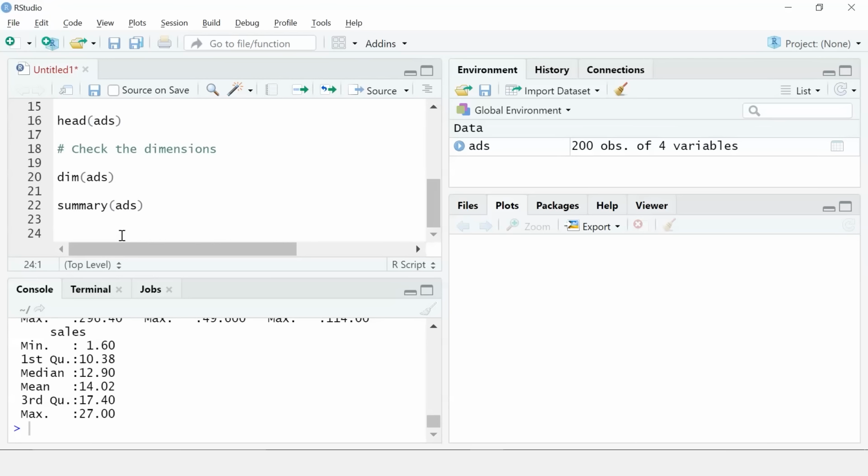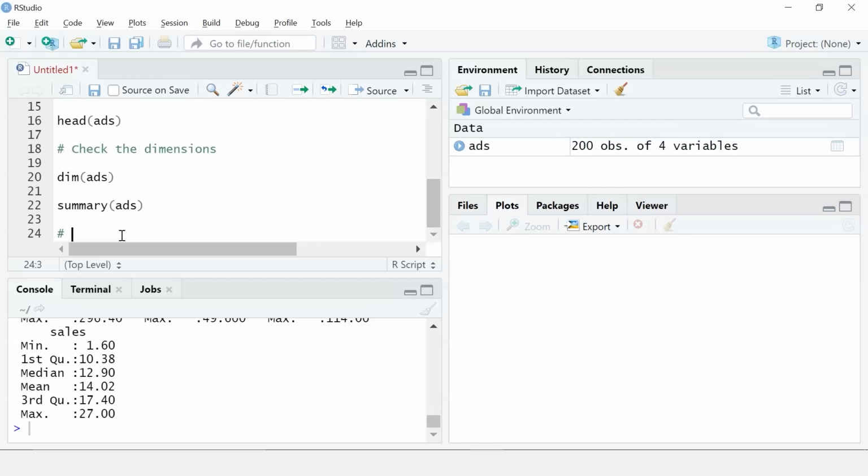Moving ahead, let's do some data visualization now to visualize our data. Since our data has only numeric values, using scatter plots would be the best option. So we will visualize our sales against each of the independent variables. For that, I will use the plot function and give sales in my x-axis and the independent variable names in the y-axis. Let me now do that.